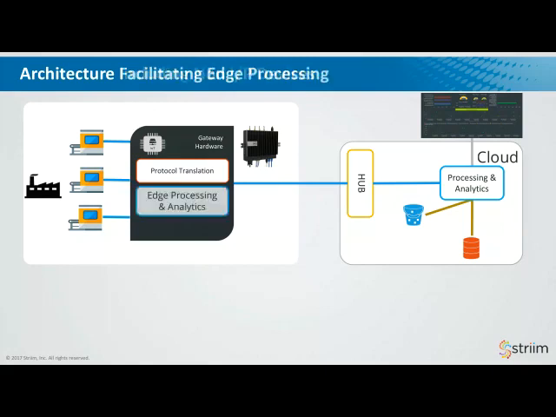So that's where you start to have to think about doing edge processing and analytics also within the gateway. And so you can start to do things like change detection. So instead of sending all the data into the cloud, you only send the data into the cloud when it changes, with pings, heartbeats, to let you know the device is still alive.